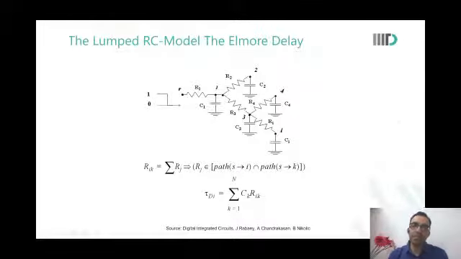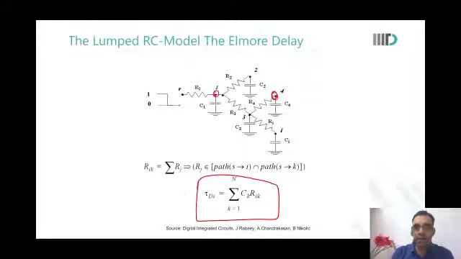The next model is the lumped RC model, where we say that, okay, we will also model the resistances, but not too many of them. And we say that the delay or the effective resistance from node I, let us say this is node I, to node K, let us say this is node K, would be given as the sum of RJs, where RJ is elements of all that. So effectively delay is the sum over K from 1 to N, Ck into Rik.